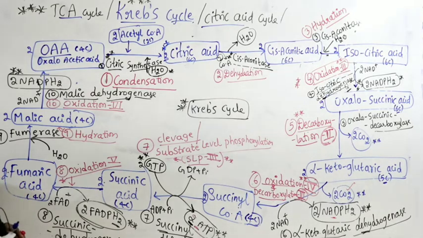Now let us quickly revise this very very important cycle. So I expect all of you to take one horizontal white paper and practice the Krebs cycle. Those who have practiced the Krebs cycle a number of times, write it once without seeing. See the steps of conversion, name of the enzymes, name of the reaction, and energy produced in what form and where it is produced. And if you get the cycle without seeing, write once on a white paper and send it to my WhatsApp number saying that the Krebs cycle is completed.